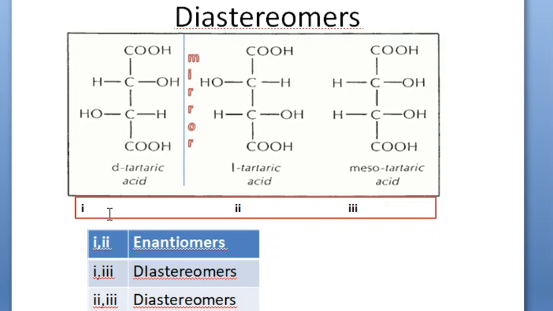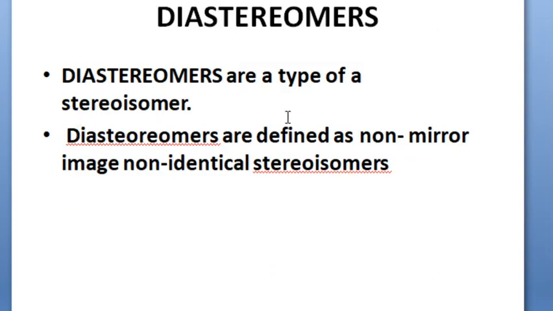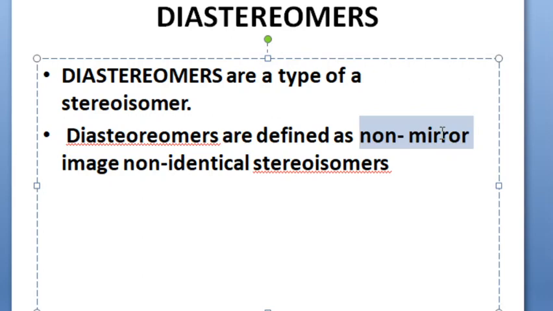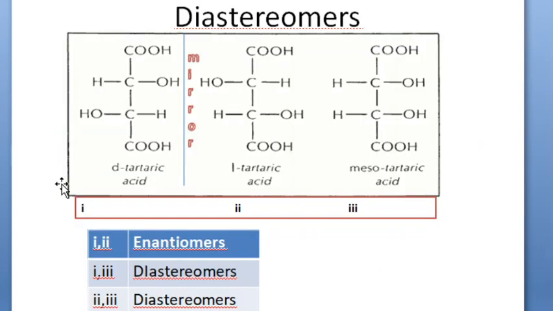So can you identify that with respect to your diastereomer thing? So diastereomers are what? They should be what? Non-mirror images. They should be what? Non-identical. Non-identical and non-mirror images. Then only you can give the relation of diastereomers. So have a look at 1 and 3. 1 and 3 are not mirror images. These two are not mirror images, 1 and 3.